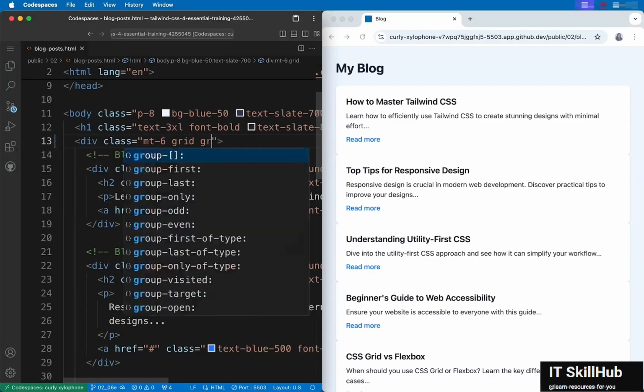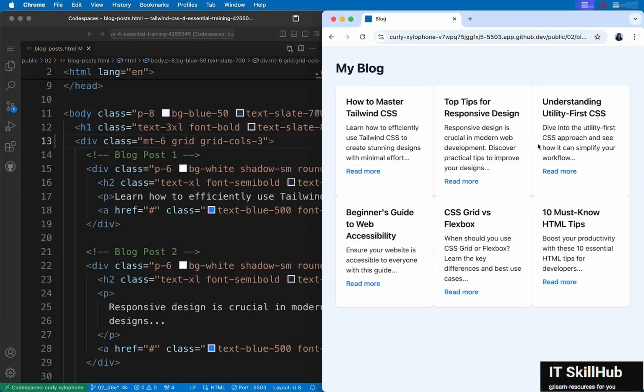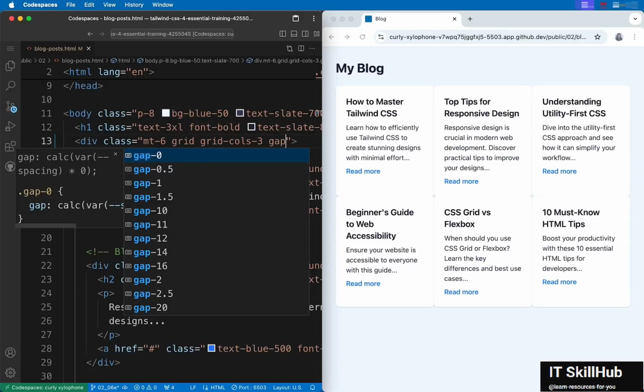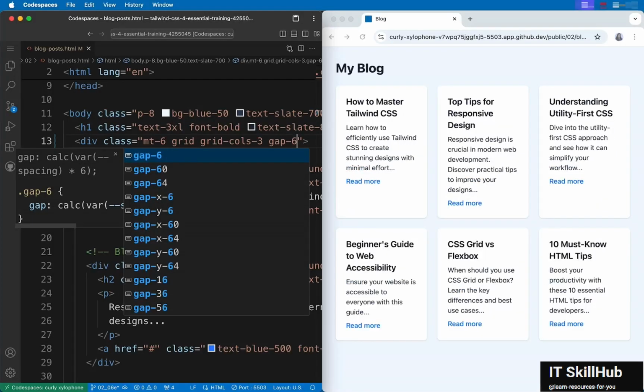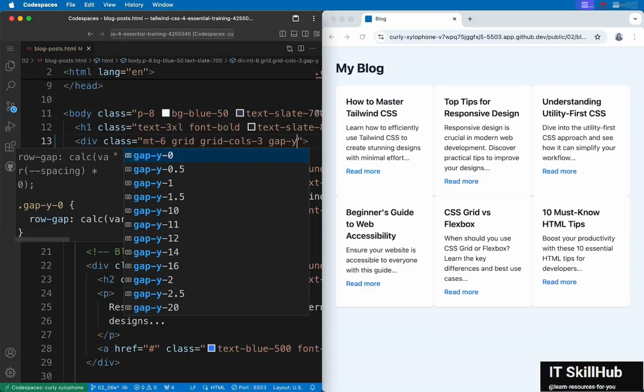Add a grid class to the parent and specify the number of columns using the grid-cols CSS property. And now we have the items in 3 columns and 2 rows. We can also add a gap between these using the gap utility as we saw in Flexbox. So just gap-6 or something would set the same gap along both the directions. But if you want different gaps for horizontal and vertical, you can do that using gap-x and gap-y individually. Alright, now I will set a gap of 6.